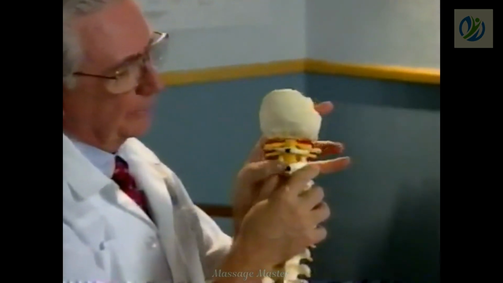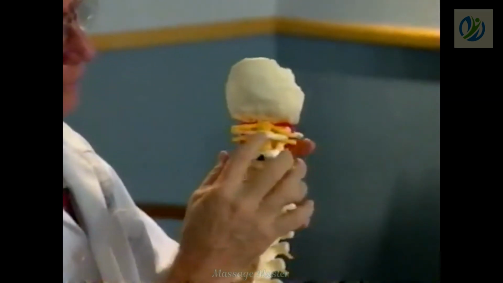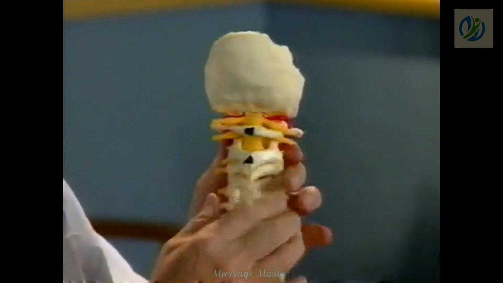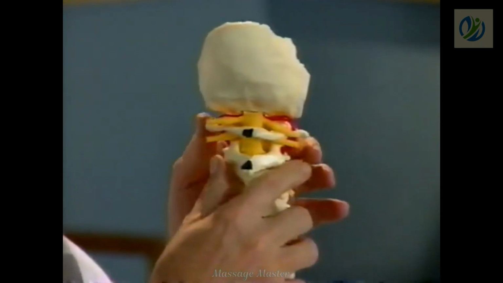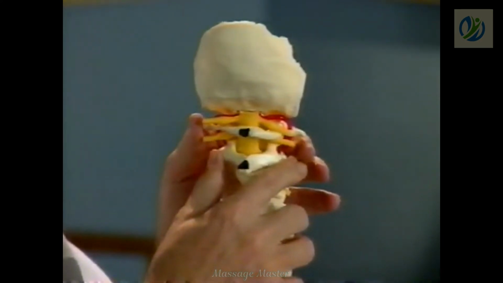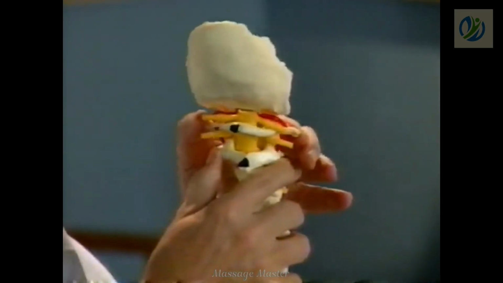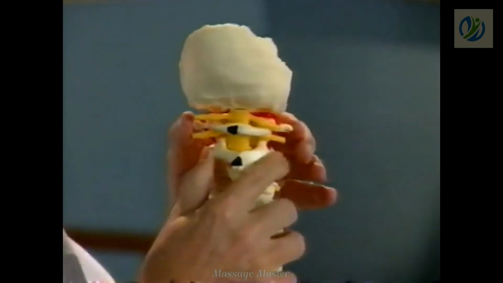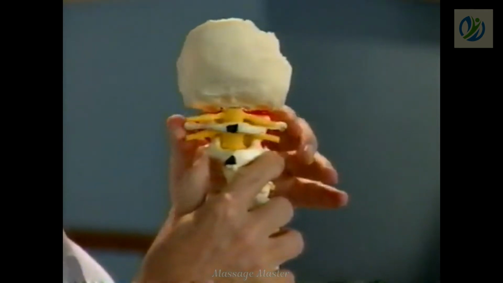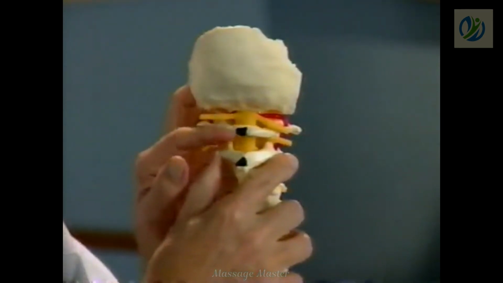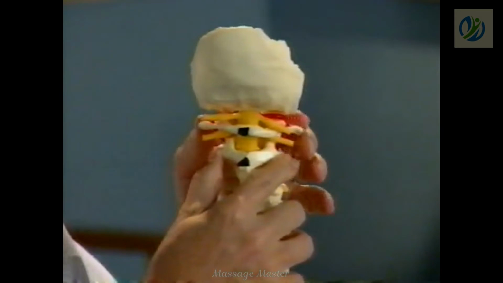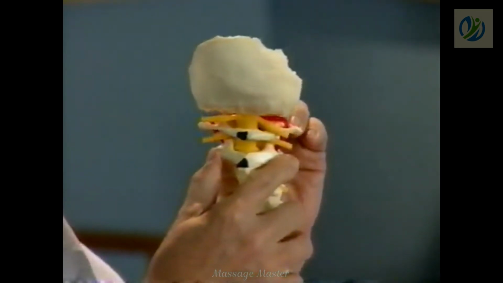Once the typical cervical spine has been treated to balance, we are then able to proceed to evaluate the atlas on the axis. I've put a little black mark on the posterior arch of the atlas and on the axis for your orientation. Now we will be primarily interested in the ability of the atlas to rotate right and left symmetrically. That's the major motion that occurs at this level. About 90% of the motion of C1 on 2 is rotation. The rest are the minor movements of flexion and extension,